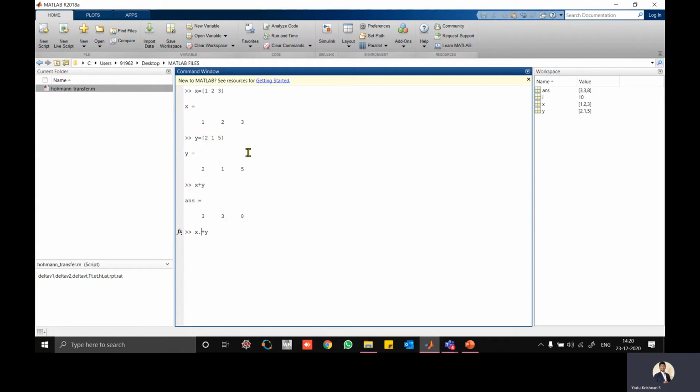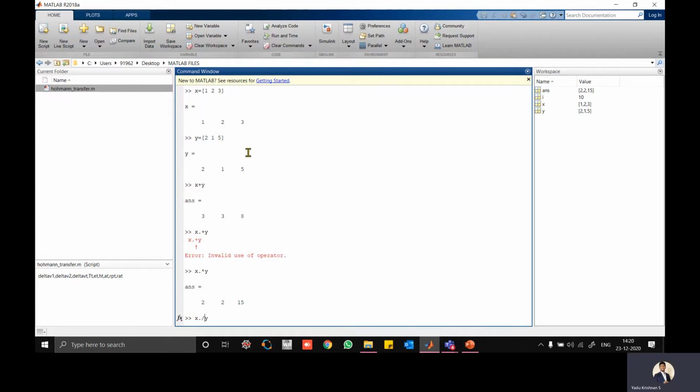At the same time, I'm putting dot x dot plus y. It won't work, in the sense that you don't have to put the dot here for addition. Okay, the same way, let me try multiplying it. See, the answer works.